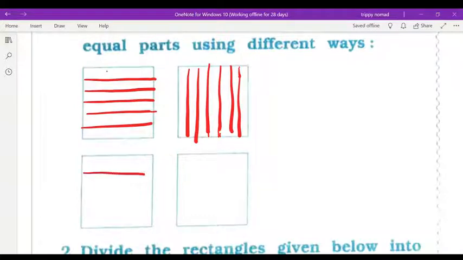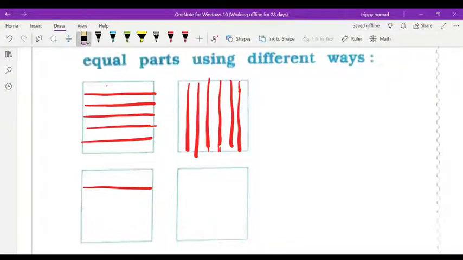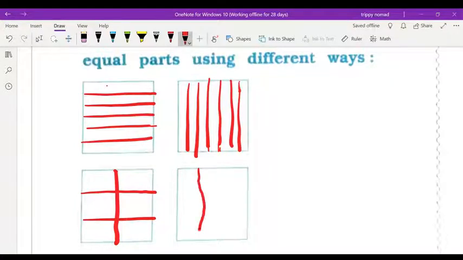And another way. One sum I will do for you, and the other remaining sums you will do yourself, children. Okay, you see here. At least it should look equal. 1 2 3, and if I divide, how many parts? 6 parts. The same way, children, if I draw like that, sorry, it is slippery to draw over here, I can't draw straight, but you have to take the help of the scale. These are 4 different ways.